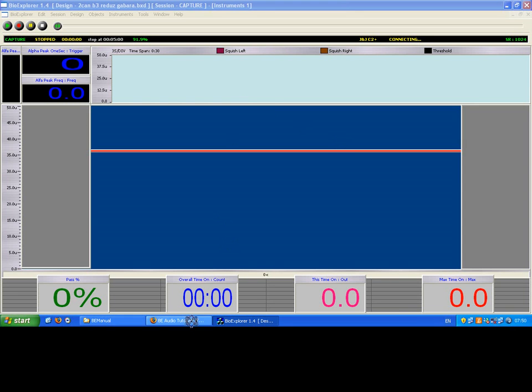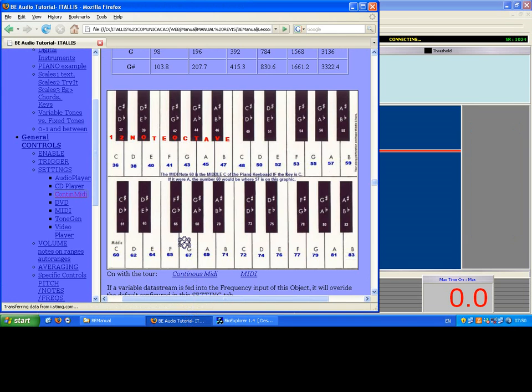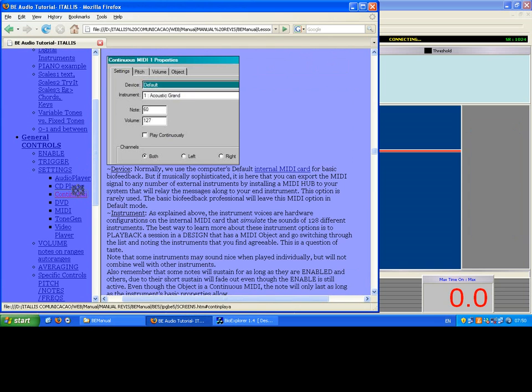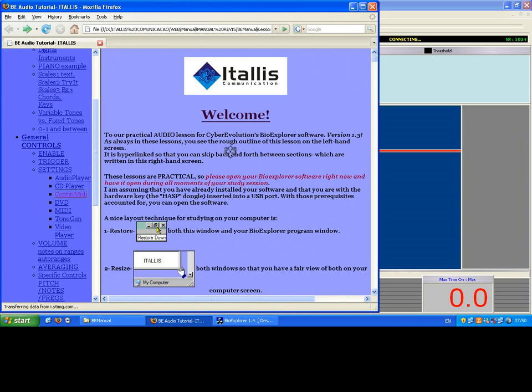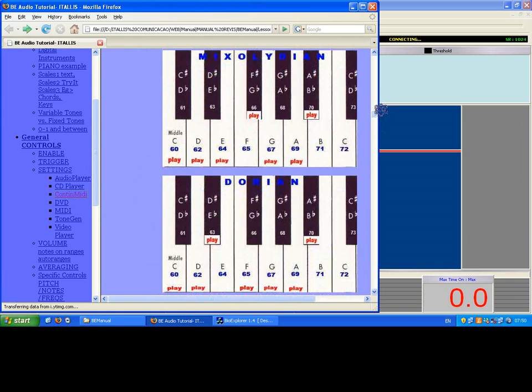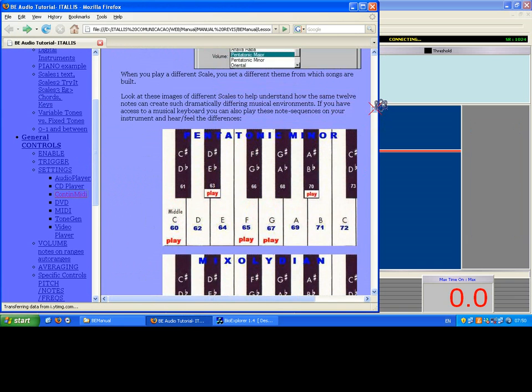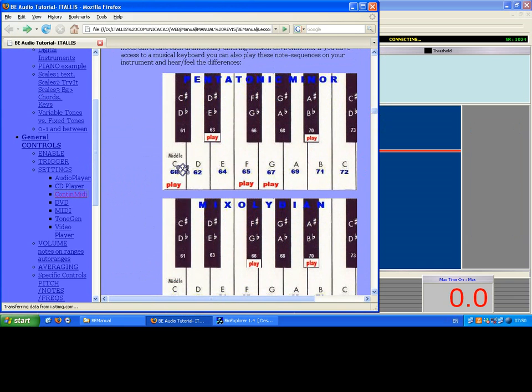Here in the chords tutorial, we're going to be looking at essentially the continuous MIDI object. This is the best way to make a chord in terms of a long sustained chord because it's continuous MIDI. Okay. You'll note here that in the lesson I have placed out a few different types of scales, plotted